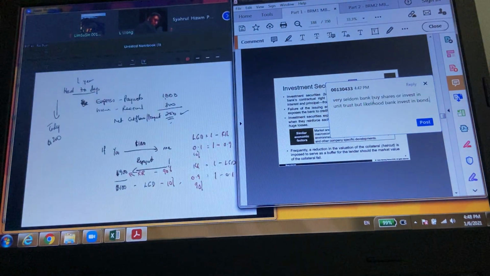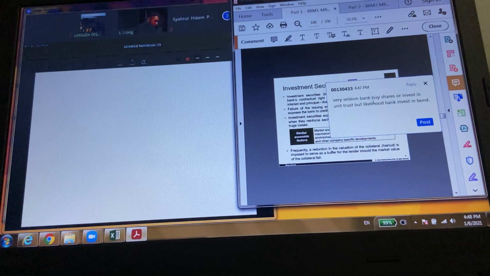For example, let's say this is the bank. When they buy a bond, let's say this is a 3-year bond, 1, 2, 3. Let's say you buy the bond and the bond amount is 1,000. Just like a loan, every year you will have interest of 40. Let's say they have a coupon of 40. So if you are at this point, you have just drawn down. What will be your risk? What is your credit risk? So your credit risk number 1 can be